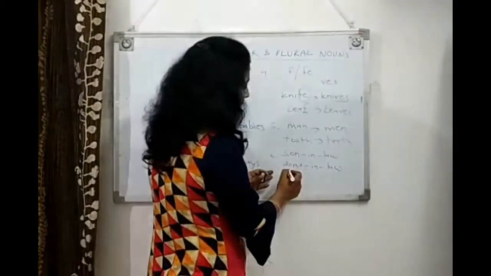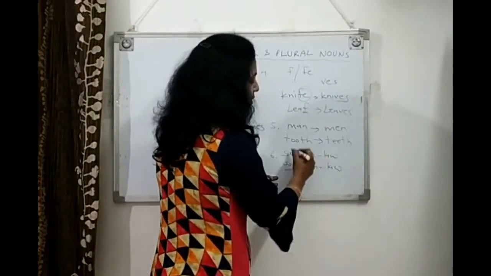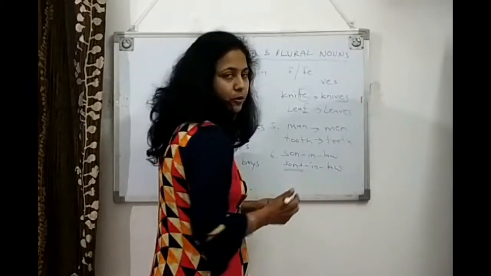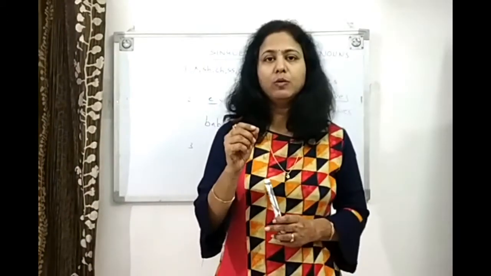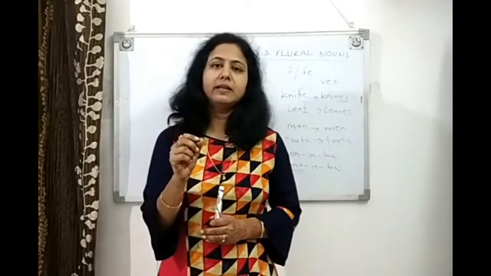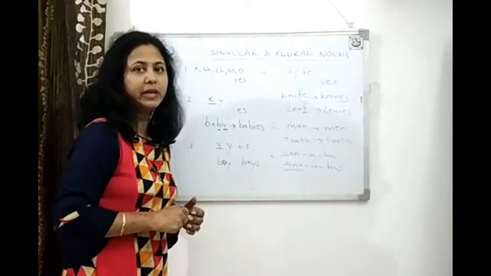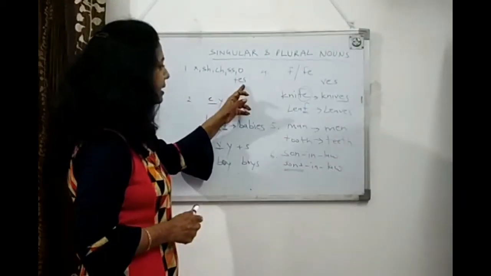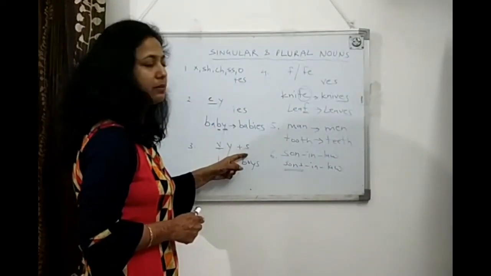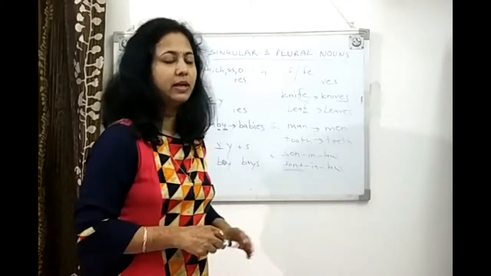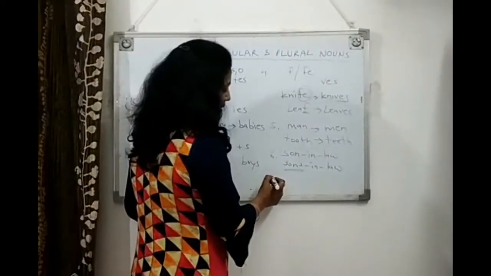The reason being is, here in this word, son is a noun, common noun, but not in-law. So look for the noun in the compound word and then make it plural. So the 6 rules of making a word plural are by adding es, ies, simply s or ves, or changing the vowel. And the last one is